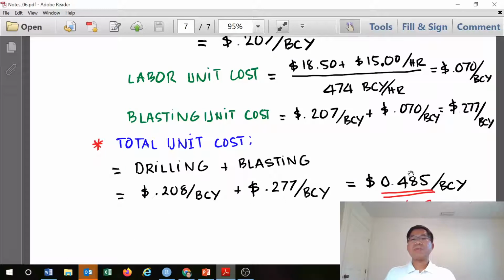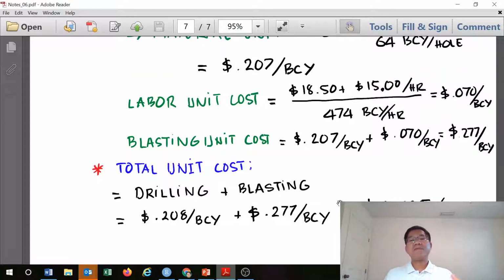So add them up, we have a unit cost of about 49 cents per bank cubic yard. So with that, we finish determining the hourly production and also the unit cost for rock excavation, including